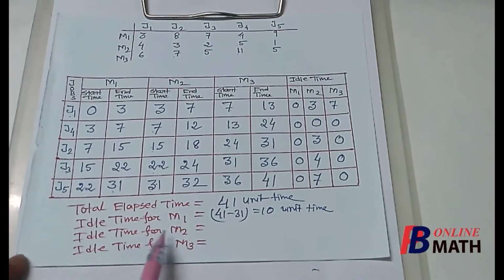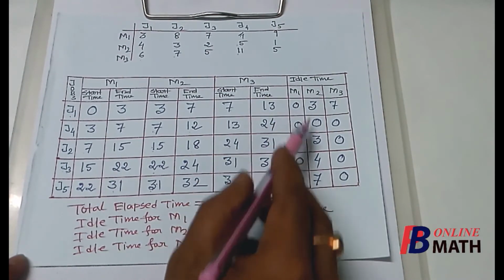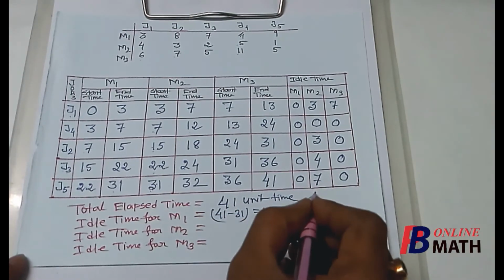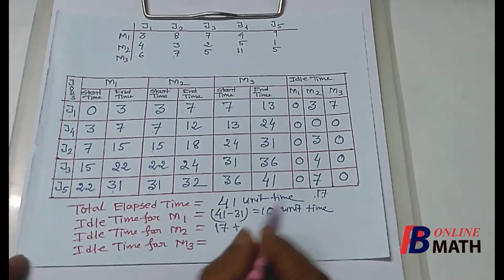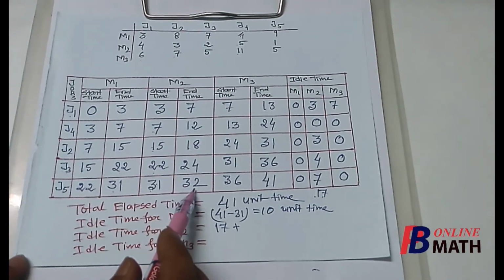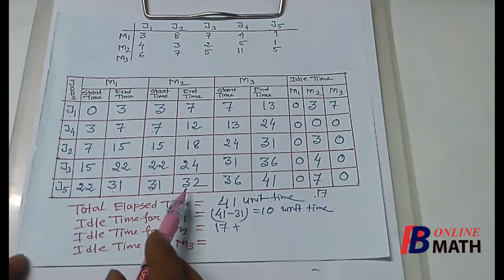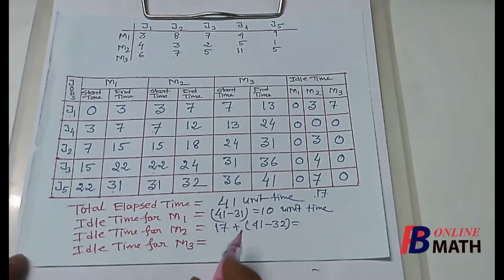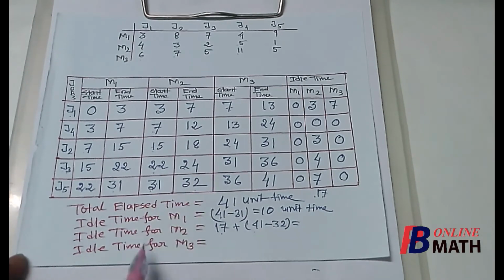Next, idle time for M2. Now here we find that throughout the process the machine M2 remains idle for 3 plus 3 is 6, plus 4 is 10, plus 7 is 17. So throughout the process it remains idle for 17 units of time, plus here we find that the machine M2 ends processing the job after 32 units of time, but the total processing time is 41 units. So the machine M2 also remains idle for the last 9 units of time. So the total idle time for the machine M2 is 17 units of time throughout the process plus 9 units of time at the end of the process. So total is